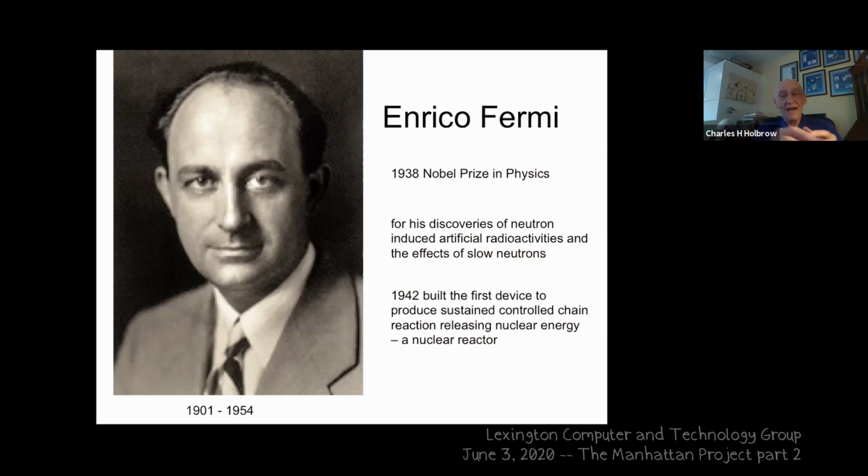But you got to have multiple collisions to slow it down. And another thing that can happen is that it can bounce and bump into something and be absorbed. So you got to be sure that whatever it is bouncing off doesn't actually want to absorb a neutron. Turns out pure carbon is